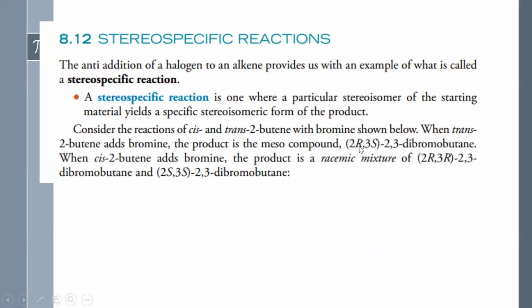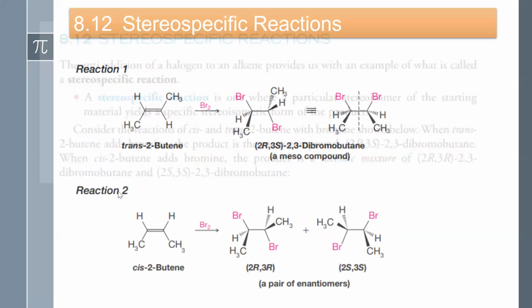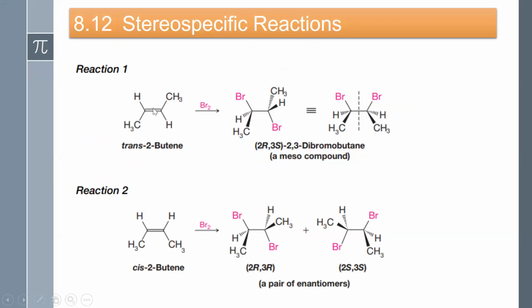You have your 2R,3S, sorry, 2R,3S 2,3-dibromobutane. So it's actually a meso compound. If you remember, if you have bromine and you have a trans alkene and we add our bromine, our bromine will add like any of these. Let's say this is where we add the bromine here, and instantly it will form a